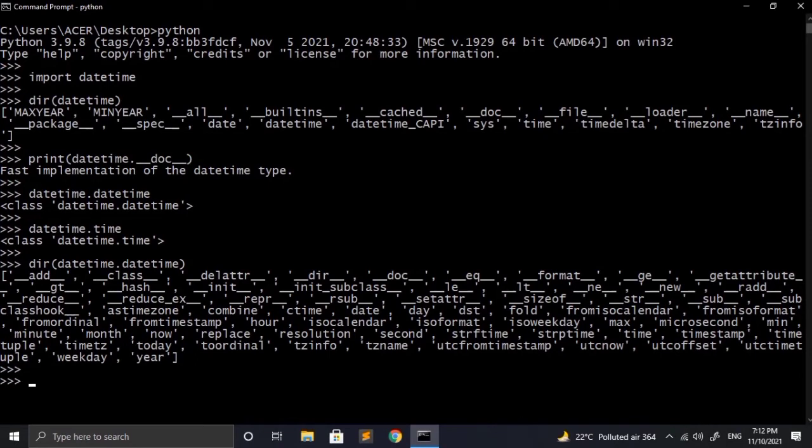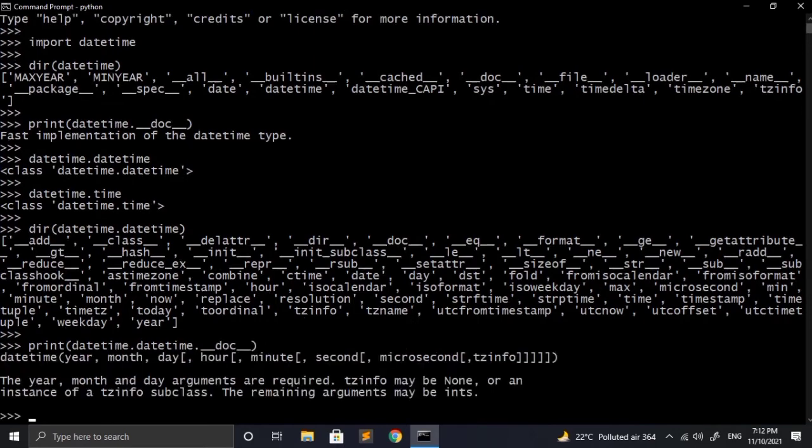Now let's check what is inside the docstring of this class, and for this we have to use the special variable again, which is __doc__. So here I have used datetime.datetime, which actually means that from module datetime select the class or section datetime. It basically returns information about the datetime object and the way it has to be written, which is basically the syntax and the parameters which are required and which are optional ones.